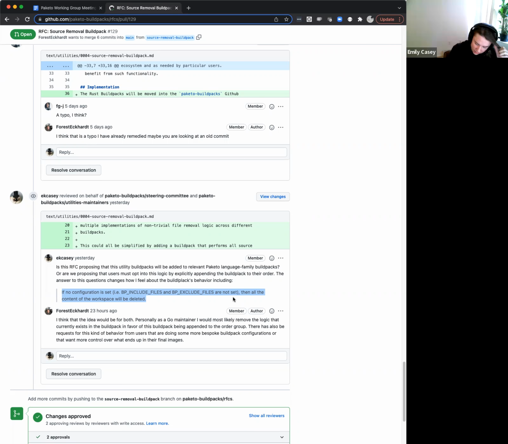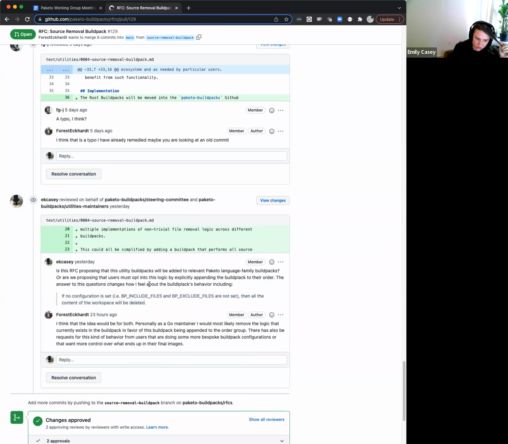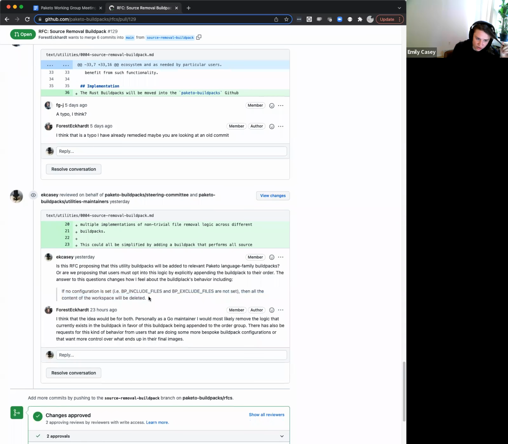Yeah, and maybe we can take this offline to get into the details, but I'm happy to approve this with the one caveat being the default behavior being deleting everything, because I think that makes it maybe too specific to the Go situation, or hard to use in other places. Most other places I wouldn't want that to be the default.